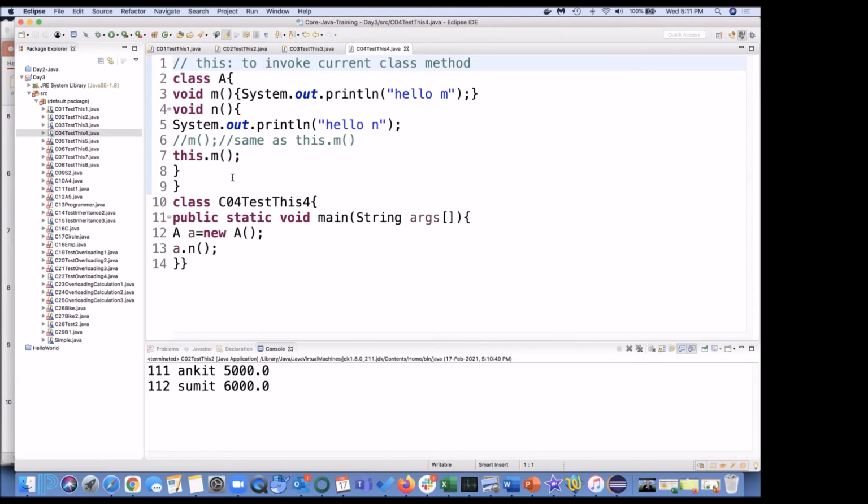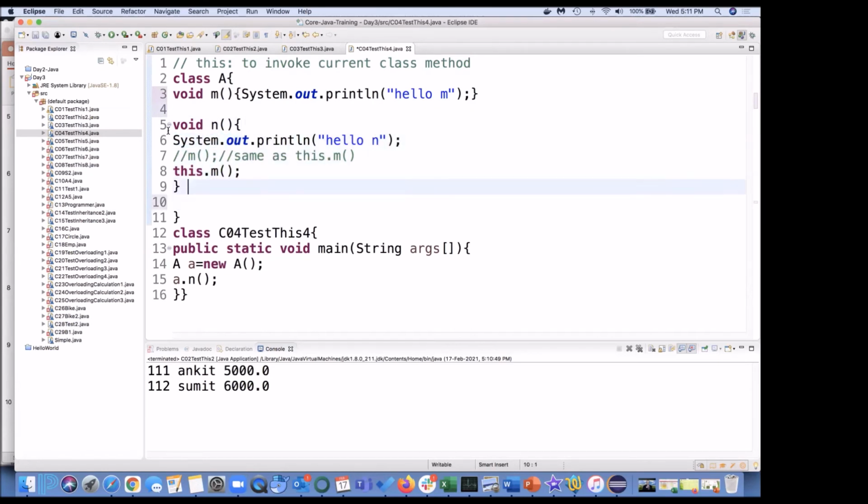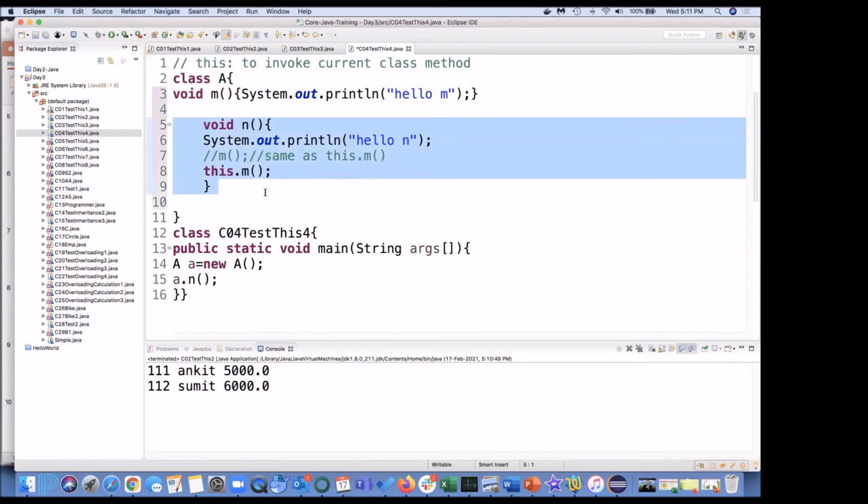So I have a class A. I've created an object for this class A, and with the help of that object, I'm trying to call this function n. In this function n, I have these many statements. Say this is my function n.